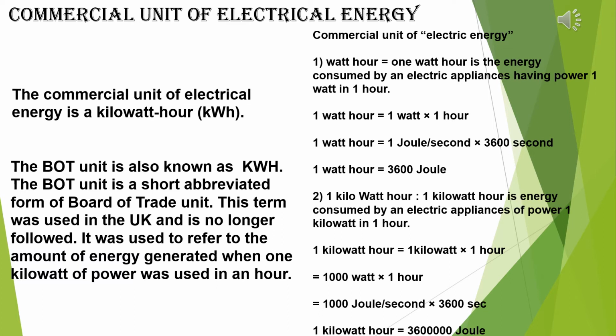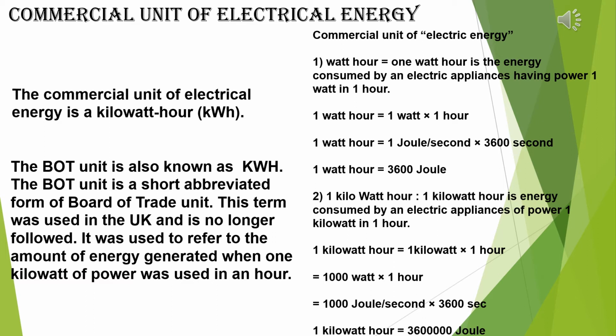So the electric supply sells electrical energy to the customers in a unit called kilowatt hour, and it is called 1 unit. That is, 1 unit is equal to 1 kilowatt hour for the electric supply corporation. 1 unit or 1 kilowatt hour is the amount of electric energy consumed by a 1000 watt electric device when it operates for 1 hour. So kWh is also called Board of Trade Unit or BOT. So BOT is equal to watt into hour by 1000.